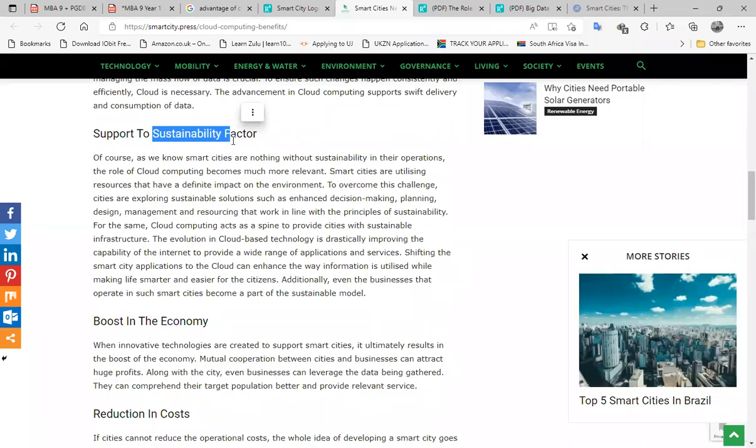Sustainability sector, right? Because now they're becoming smart. There is no more wastage, right? So the decision making is perfect, the planning is perfect, management is perfect. So chances of having wastage